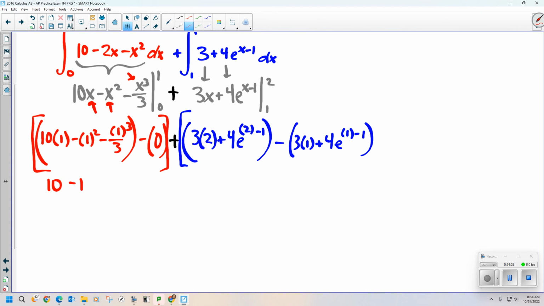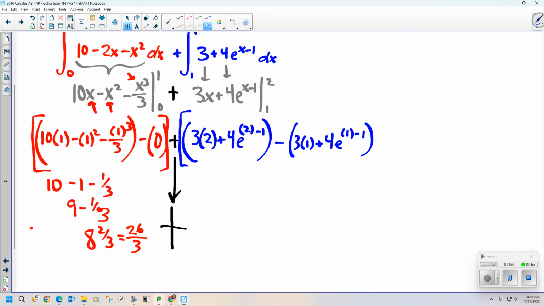10 minus 1 minus 1/3, which is going to be 9 minus a third, which is 8 and 2/3. And if I wanted to do that, I could say that's also 26 over 3. Plus,